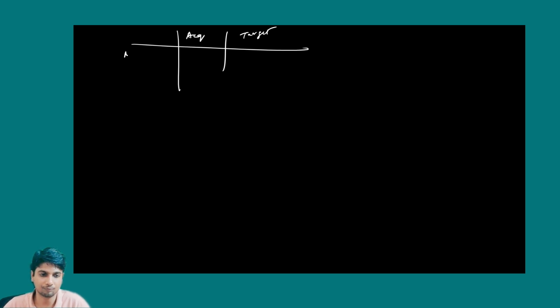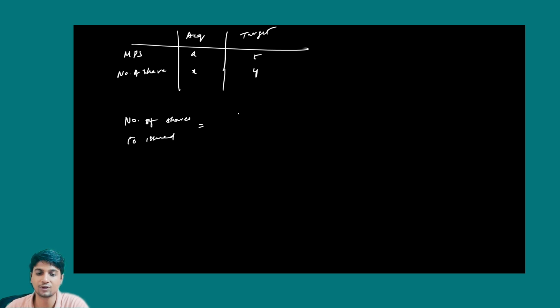Okay, so market price of acquirer is A, and market price of target company is T. Number of shares of acquirer company is X, and target company it is Y. So if I have to find out how many shares should the acquirer company give to target company, number of shares to be issued, then first I'll find out the value of target company, that is nothing but T into Y, that is market price of target into number of shares of target company